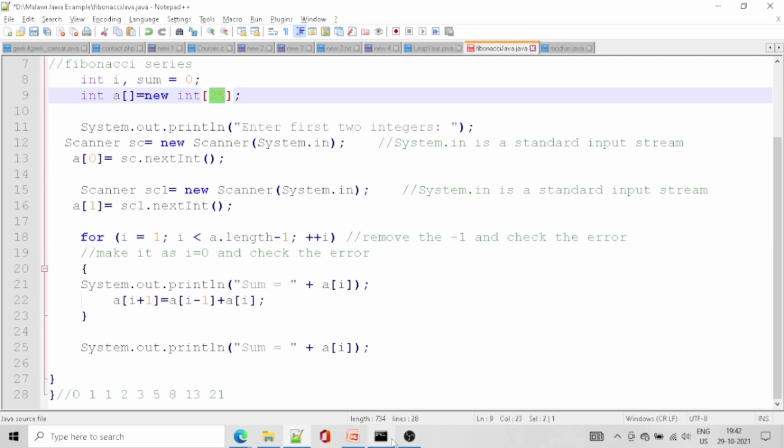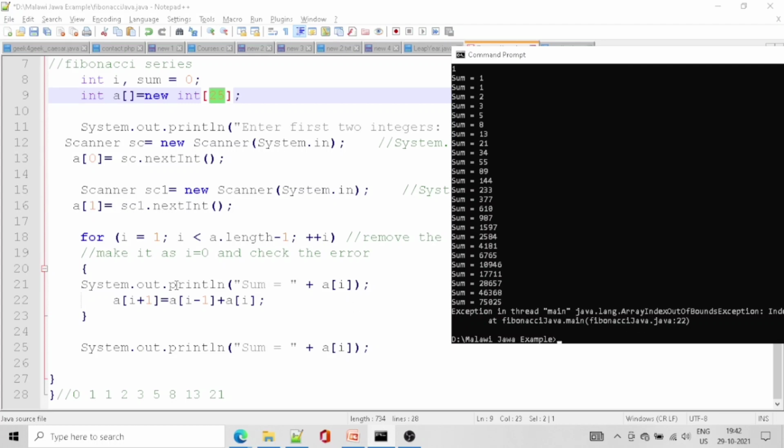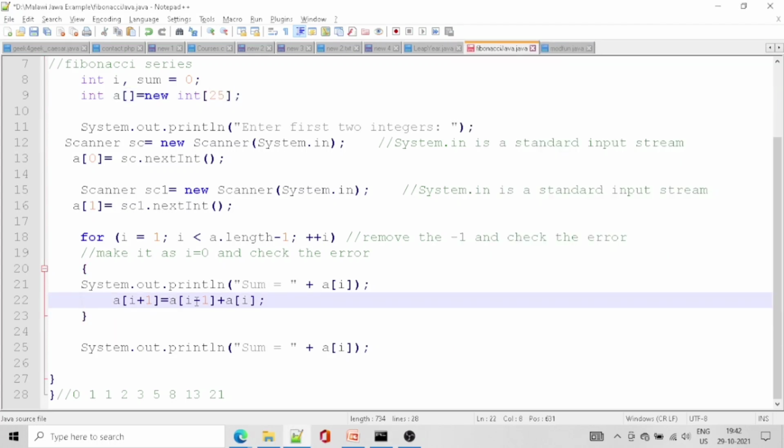Because it shows error at line 22, the 22nd line. So if we look into this line here, we are accessing the next one, right? We are accessing the next one over here.